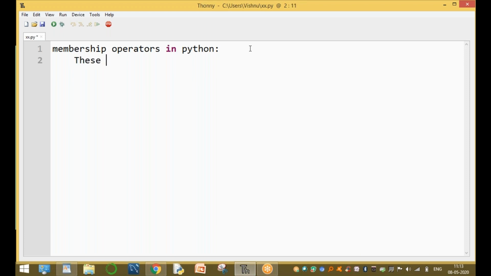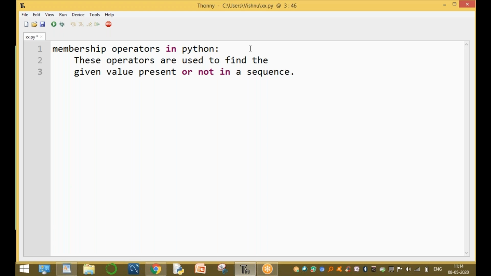These operators are mainly used to find whether the given value is present or not in a sequence.